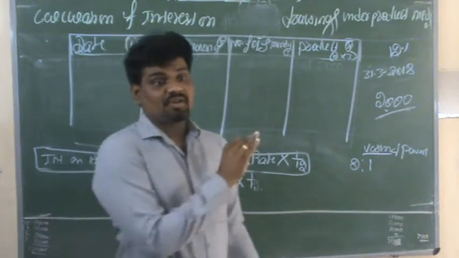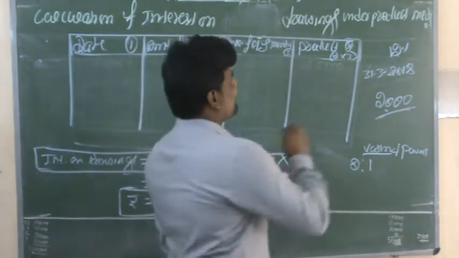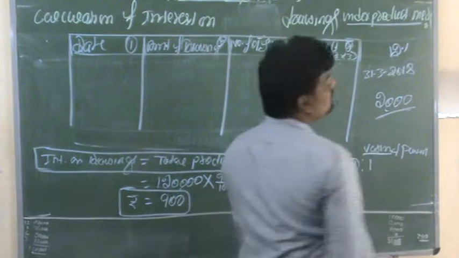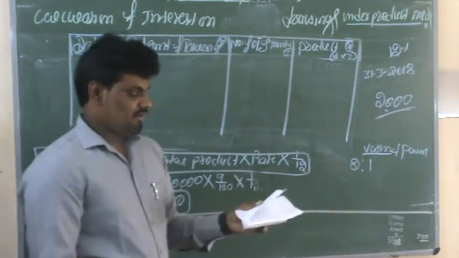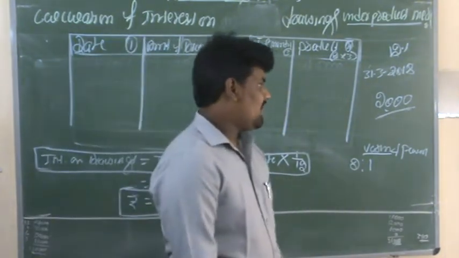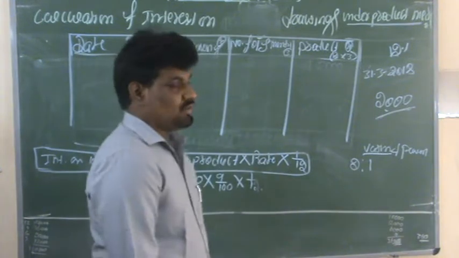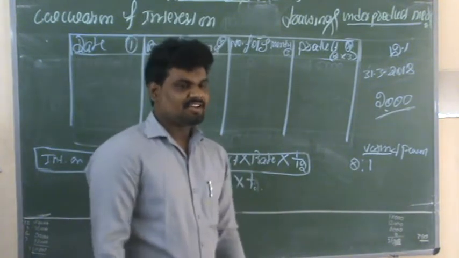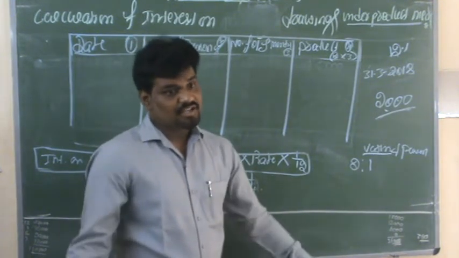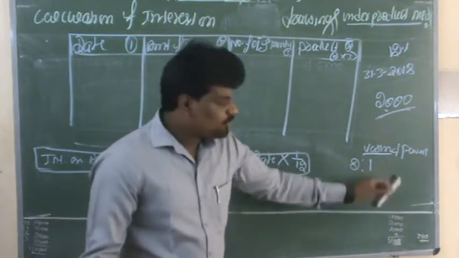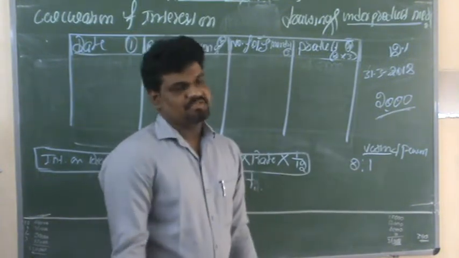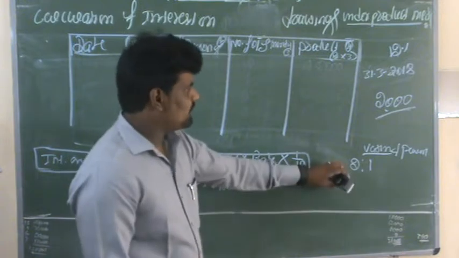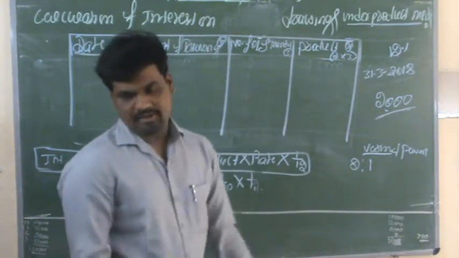Under which method do we need to calculate here? Under the product method we need to calculate interest on Varun's drawings. So as per the available information, now we need to ascertain interest on drawings. For the drawings withdrawn by partner Varun, to find how much interest is charged, we need to find out the product first.